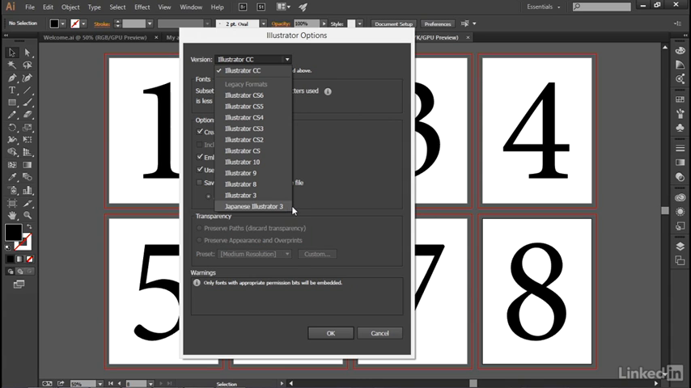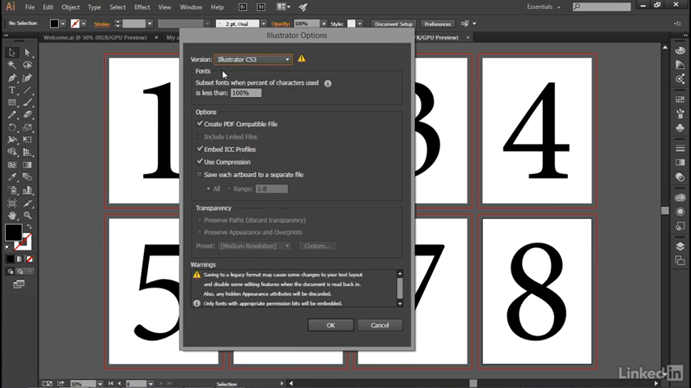Now, the only reason to choose one of these legacy formats is if you're sharing a file with somebody who doesn't have Illustrator CC. They have an older version of the software. And there's only really two of these options I would generally recommend. And to demonstrate what I'm talking about, I'll go ahead and switch to Illustrator CS3 for a moment here,